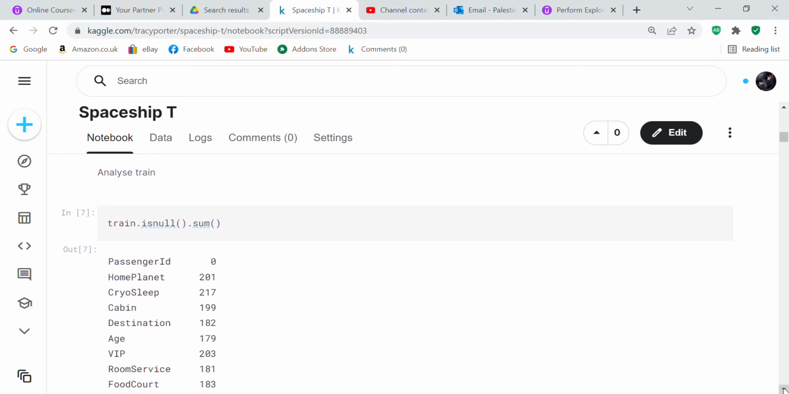So the first thing we're going to do is we're going to analyze the train file. The first thing that we're going to do is we're going to look for any,